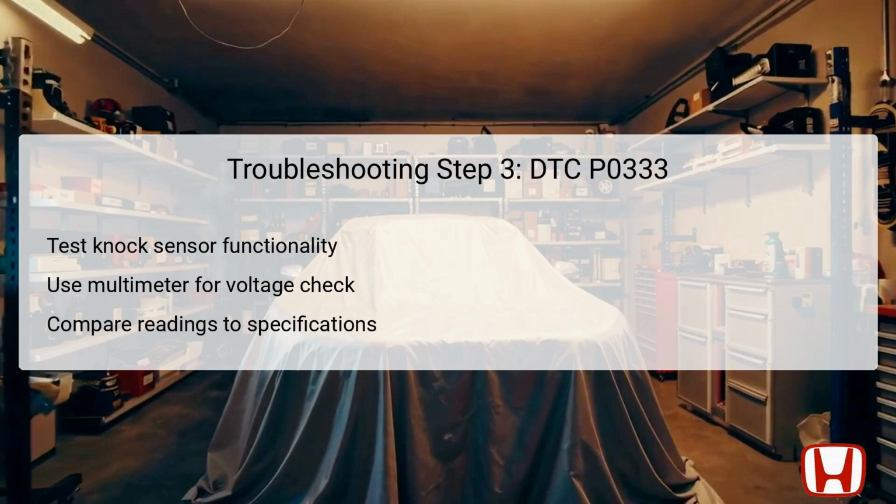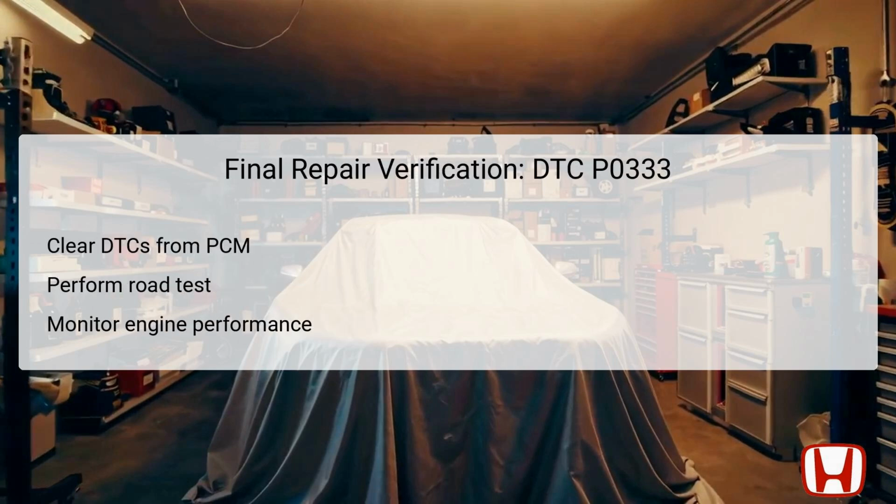The output voltage should typically be below 4.50 volts during normal operation. If the readings exceed this threshold, it indicates that the sensor is malfunctioning and will require replacement. Furthermore, this step helps eliminate the knock sensor as a potential cause of the DTC, allowing the technician to narrow down the issue further. After completing the necessary repairs related to DTC P0333, the final step is to verify that